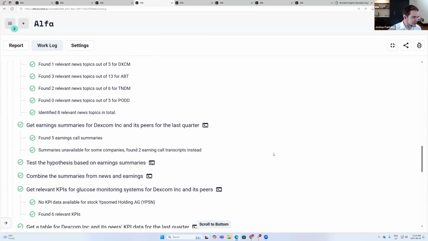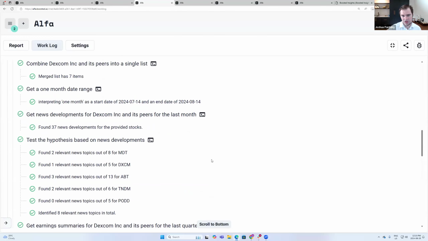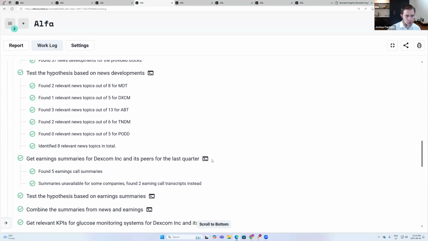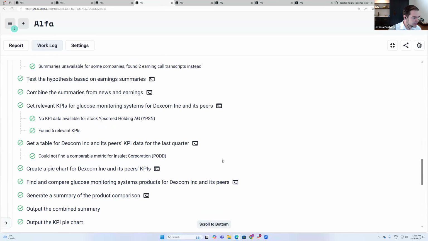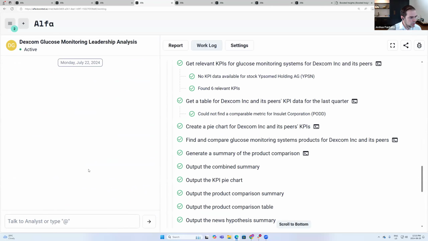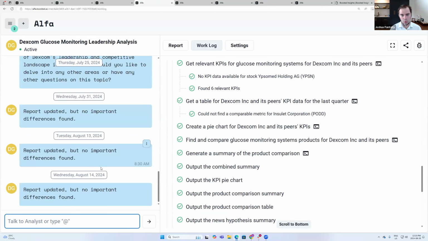So if in here I didn't like the set of competitors it had, or I thought it should be focusing on European competitors, or I don't want it to look at sell-side reports, or I think it has the wrong KPIs, or I'm purely fundamental and I don't actually want it to look at any numerical data, you build those automations by just talking to it, by just explaining to it, this is what I want you to do. And so with that ability for you to actually work with the machine to build out the automation, it gives you the ability to download your brain into the machine and then have the machine scale up that thinking.